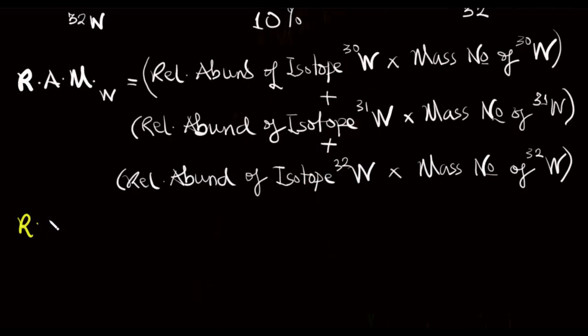So substitute these values into the RAM formula for W. This will give us